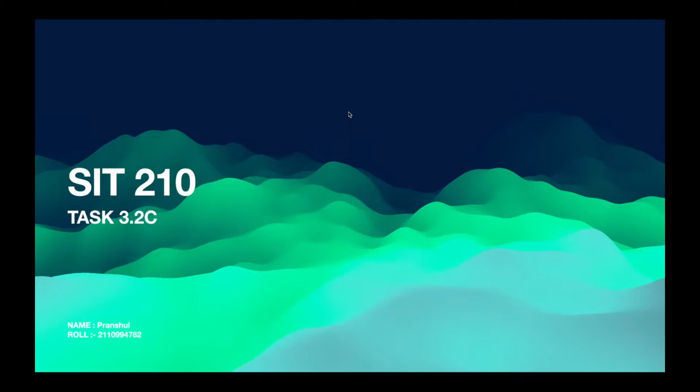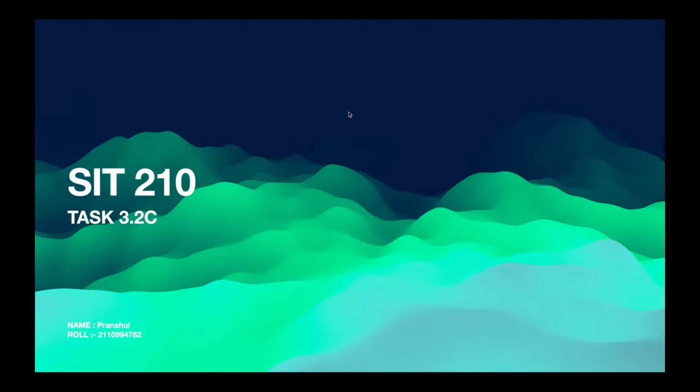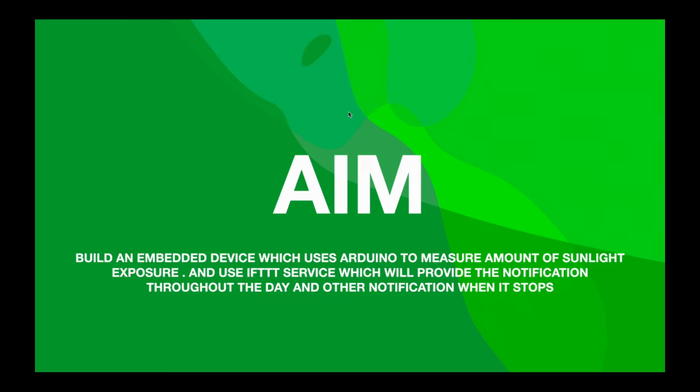I am Pranshul and my roll number is 2110994782. The goal of this task is to build an embedded device that uses Arduino to measure the amount of